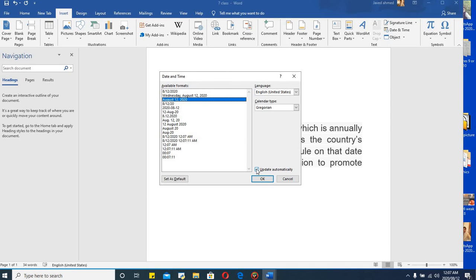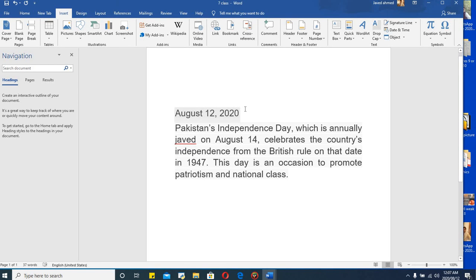It means today's date is 12 and the next date is 13, so the date will be changed. We choose the option update automatically and then okay. Date and time can be inserted anywhere in the document.